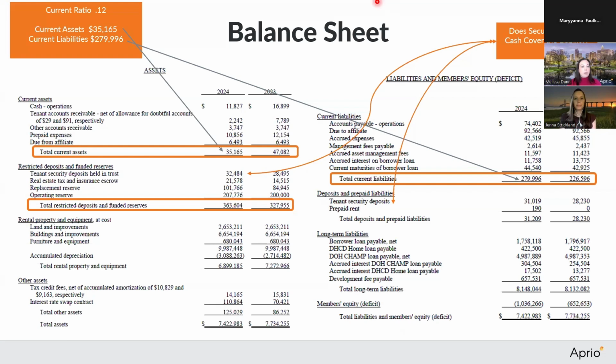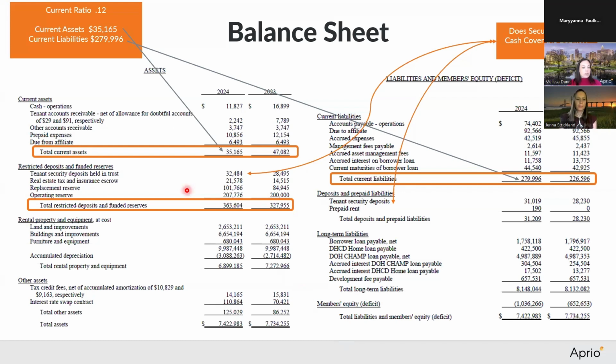When I look at a balance sheet, some of the red flags or discussion points I look for are the current ratio. So that is if the current assets are less than the current liabilities. So you take your current assets, divide it by your liabilities, and that shows that you do not have enough current assets to pay for those current liabilities, which could indicate a liquidity or a cash flow issue for the project. Also, as I noted, any large receivables or allowances that could indicate a collection issue.